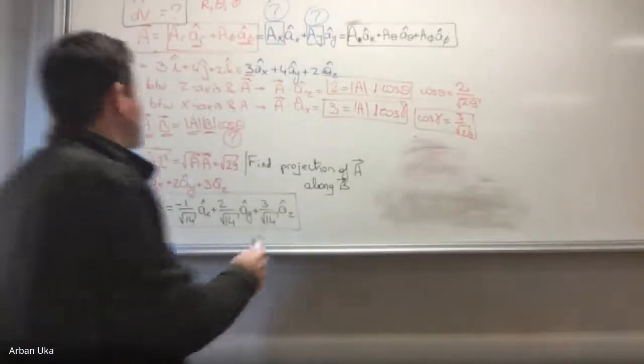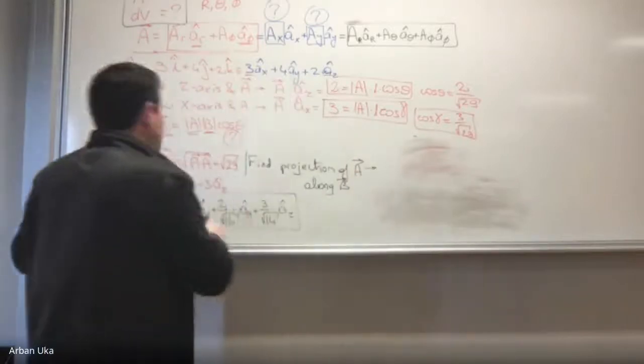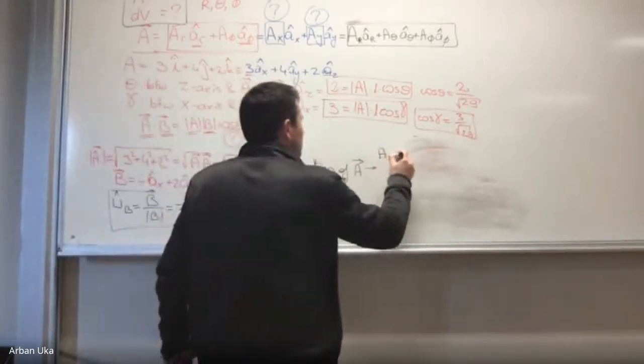So now, what is the projection of A along B? We can write this here: it is going to be A dot product with UB,